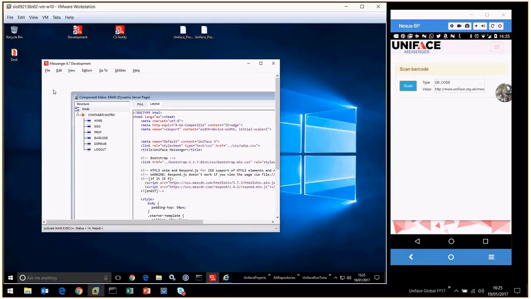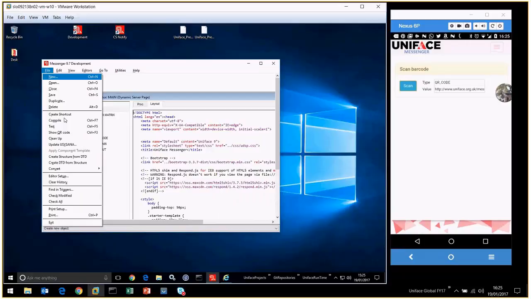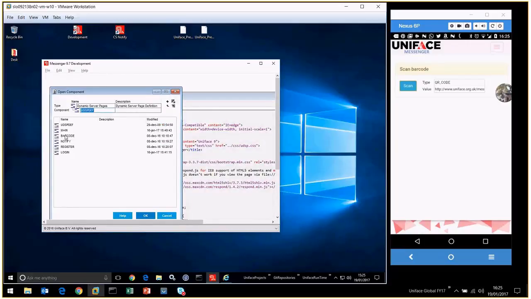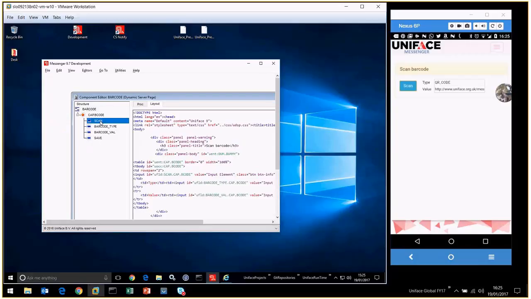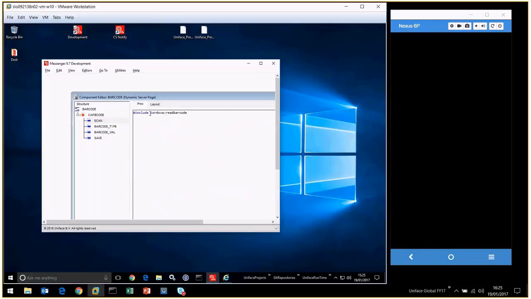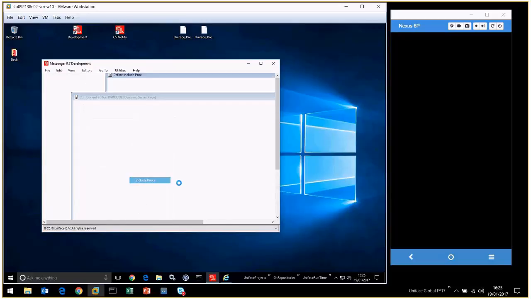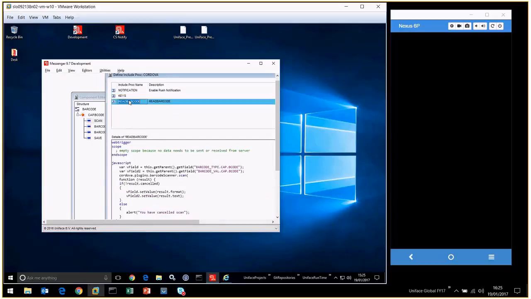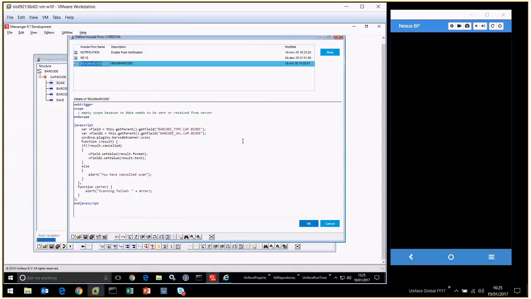If I take a look at that component, barcode, I've just got a scan button, got the type, which was an edit box, which was output, and the value. If we look at the scan button, I've got a basic piece of proc code, a snippet of code, which I put into an include proc. And what we can see is ultimately it comes down to one line of code to call a plugin, and it's here,